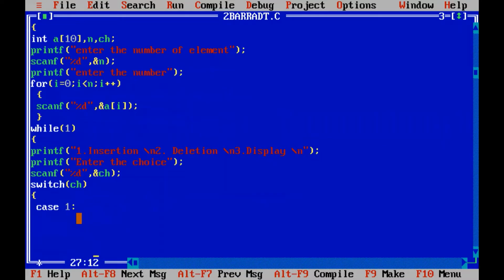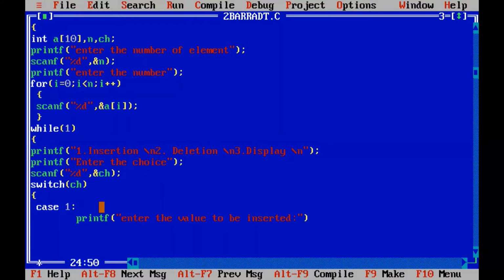So when we come to this case, case 1, we selected it because we want to insert a number. The first thing we will be asking the user is to enter the value to be inserted, right? Insertion means inserting a value, right? Enter the value to be inserted.